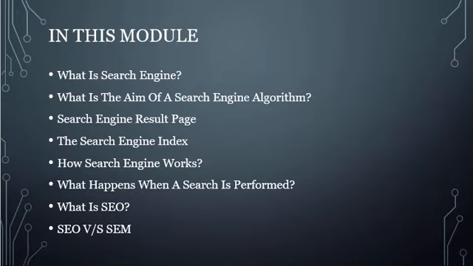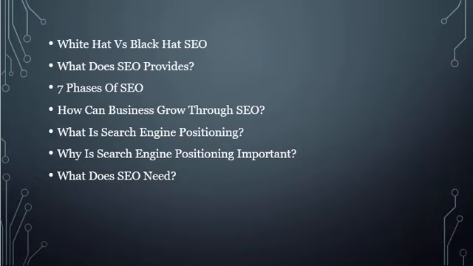Let's have a look at the topics which we will be covering in this module. The first thing we will be learning is what is a search engine. Then comes what is the aim of a search engine algorithm. Then the search engine result page, the search engine index, how a search engine works, what happens when a search is performed, what is SEO, SEO versus SEM, white hat versus black hat SEO, what does SEO provide, 7 phases of SEO, how can business grow through SEO, what is search engine positioning, why is search engine positioning actually important to us, what does SEO need,